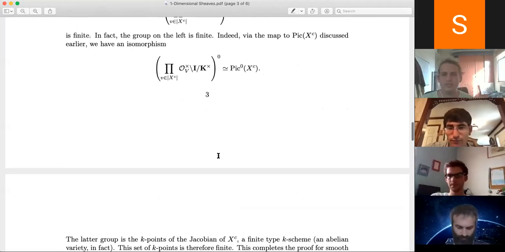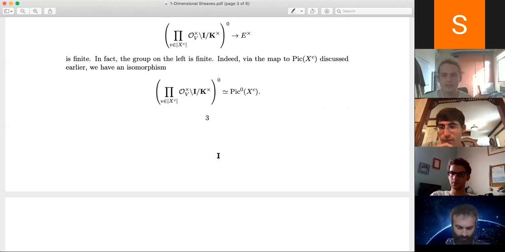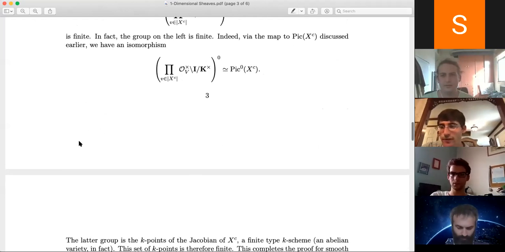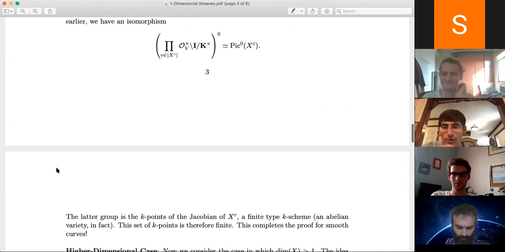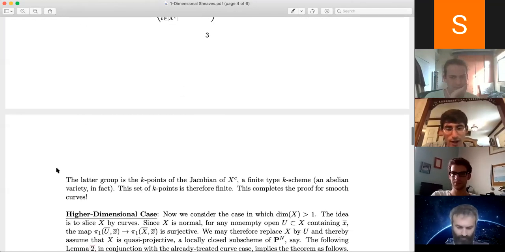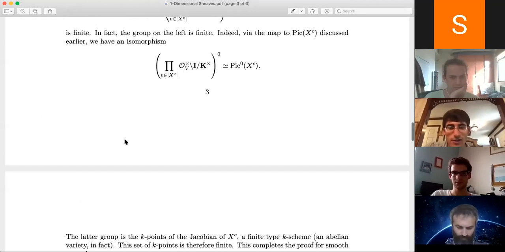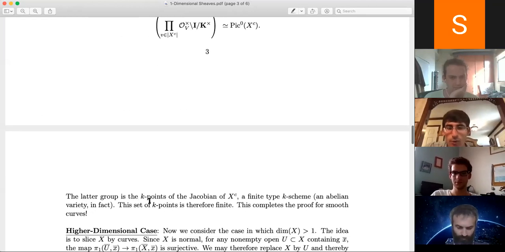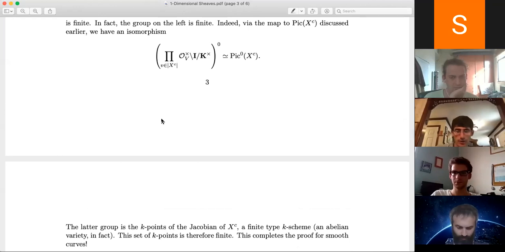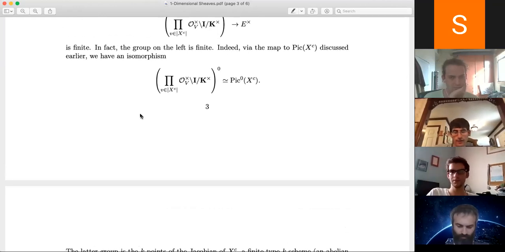But why would Pic^0 be finite? Yeah, so I'm about to say why it's finite. So the point is, this is a curve over a finite field. And so why is this finite? So it's actually just the points. So, okay, here's a general fact. It doesn't really have to be smooth, but let's just say I have a smooth projective curve